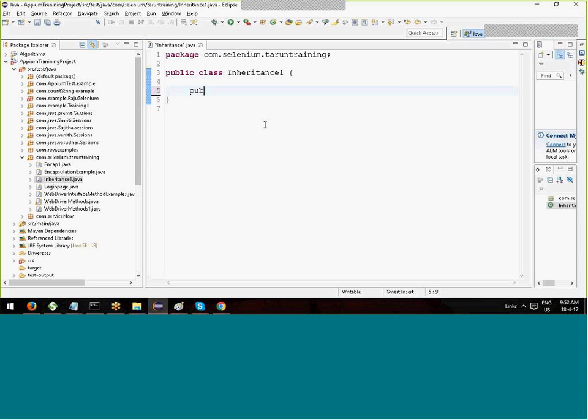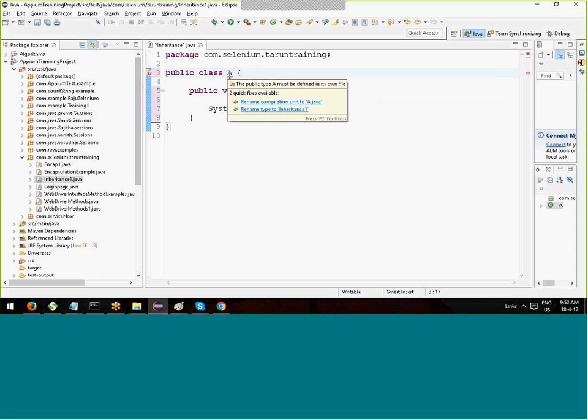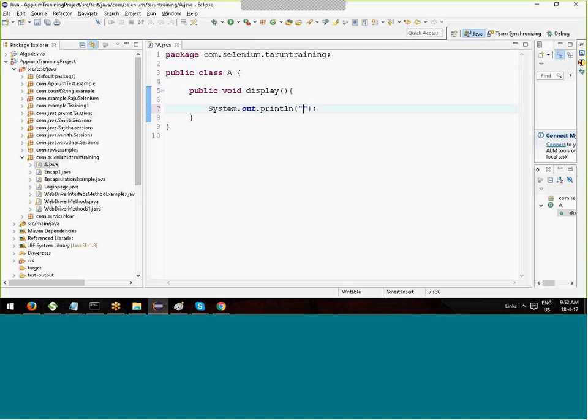So I write a public void display method. Okay, display method. I'll name this class A. My class name is A, and the display method prints "display from A class". And I'm going to create one more class,